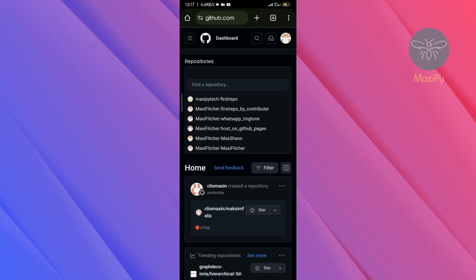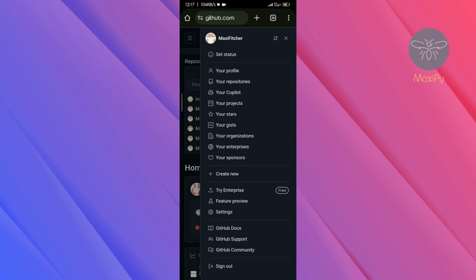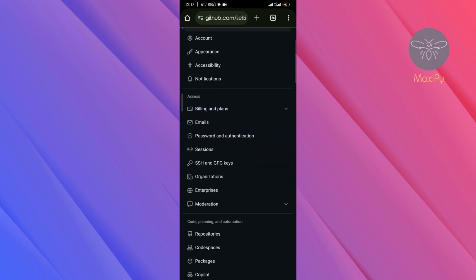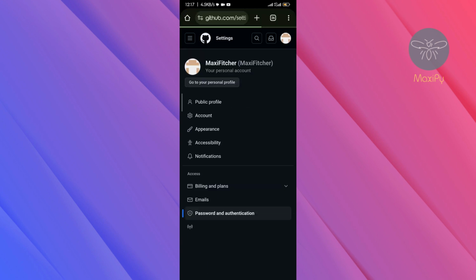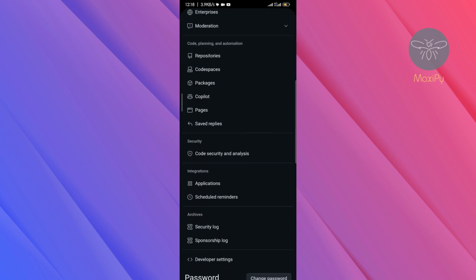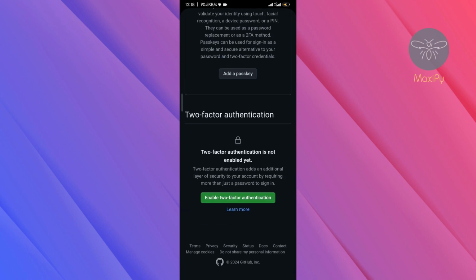You simply need to click on your profile picture on top of your GitHub account, and then you'll go to settings, and then click on the password and authentication. Okay, and then scroll down until you see a green button. There's a two-factor authentication is not enabled yet. You need to click on the green button, enable two-factor authentication,